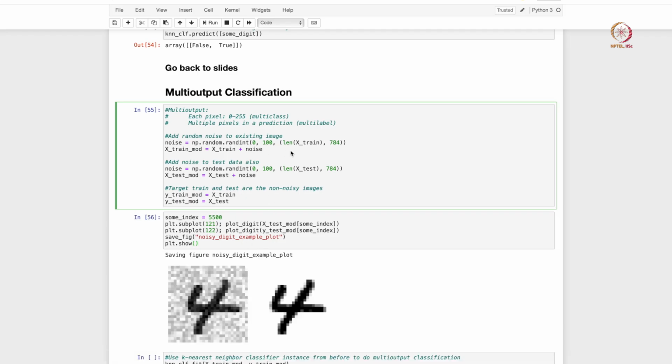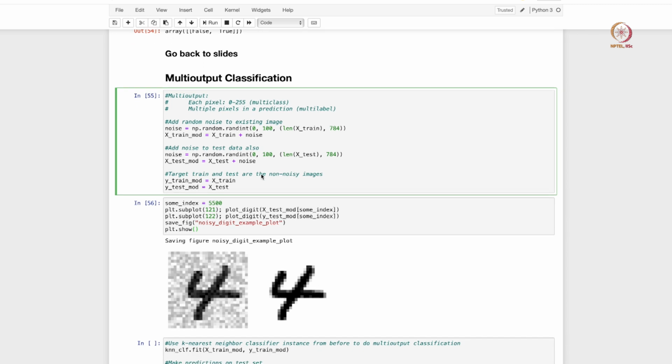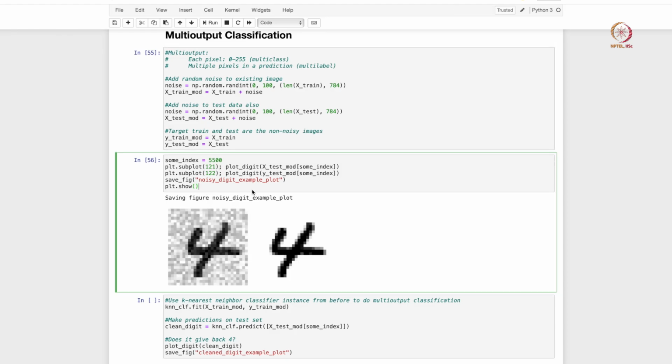The first code block basically adds noise to our image. So you see that the image is now more noisy than the original image. We are basically defining a random noise and then adding that to our image, and then we are keeping track of at least one image. We want to see how the model is performing for one image.